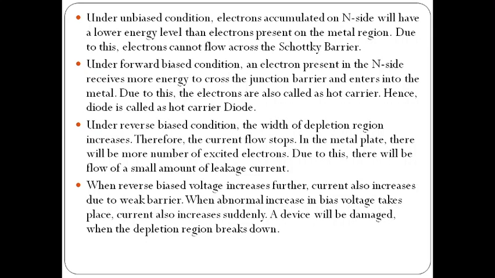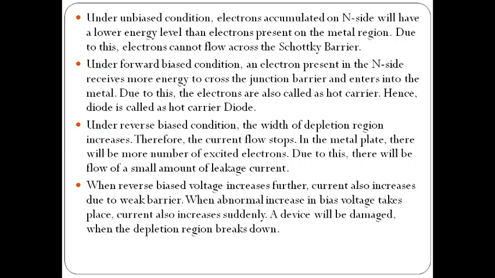Coming to the normal PN junction diode, we require 0.6 to 0.7 volts. That means the voltage drop in the normal PN junction diode is 0.6 volts to 0.7 volts. But coming to the Schottky diodes, the voltage drop is 0.15 to 0.45 volts. This is the advantage of